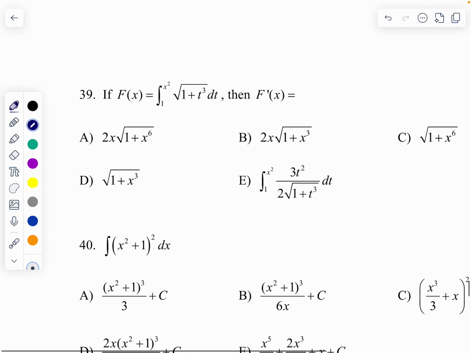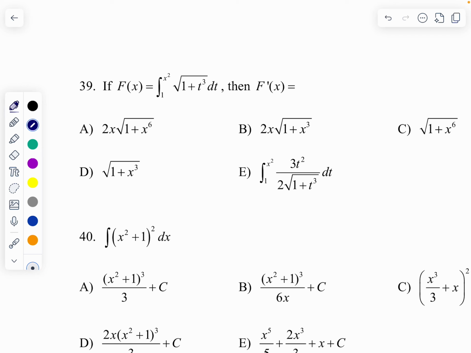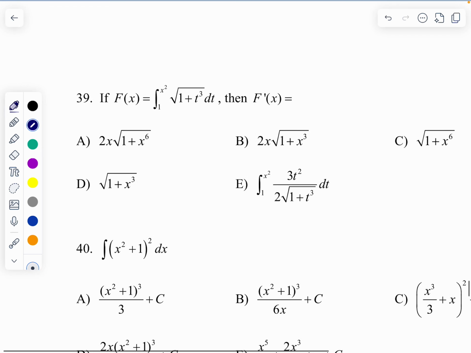All right, guys, so here's the last 2 pages. It's actually only like 4 problems. Okay, so number 39. Here they give you f of x, and they want you to